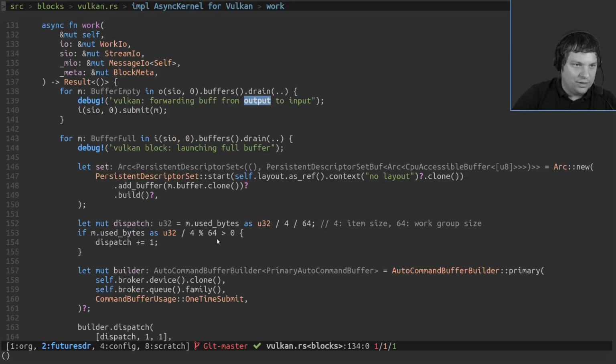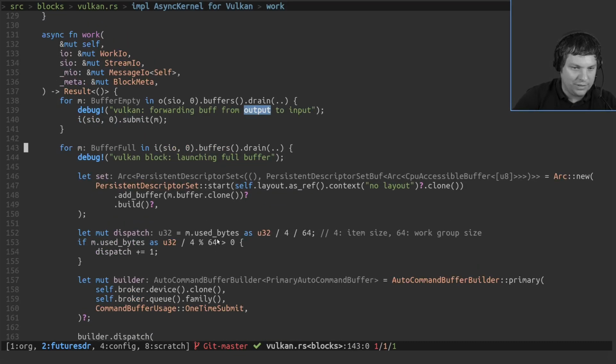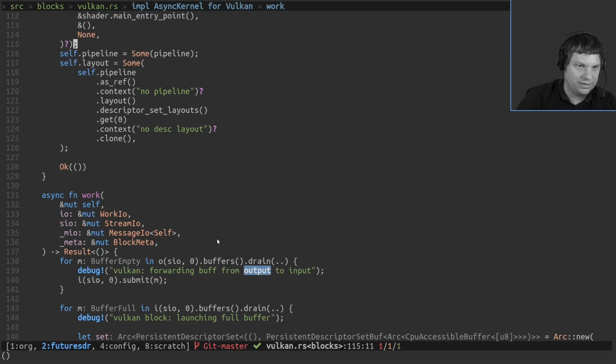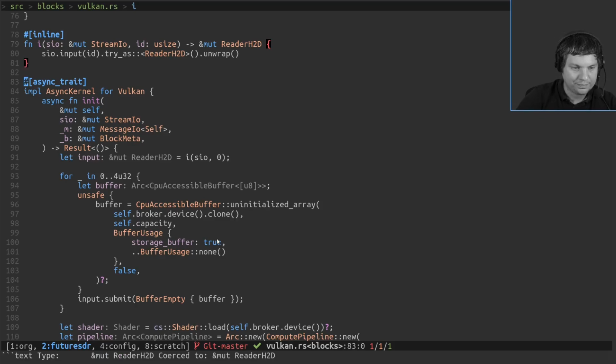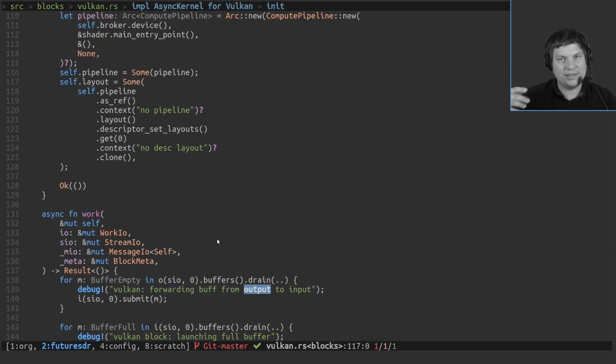Yeah, let's have a look. Here I'm in the work function, and for example, you can see something like here where you get the first input from the I/O, and you already see that it's calling a buffers method that is not there. This macro here just takes the input and casts it to a Vulkan input, basically. It's like a dynamic pointer cast in C++, I think. And then by casting it to this, you can use any API you want.